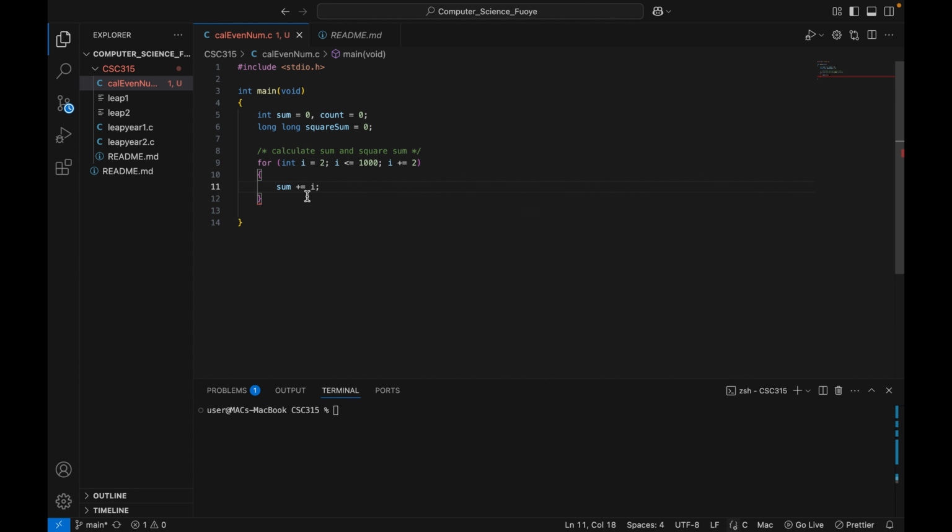At first, sum is 0, so we'll add whatever i is, which is 2 at first. So we'll add 2 to 0, it becomes 2. The second time, i would have become 4, and then we'll add 4 to that 2 again. You understand? So it keeps increasing till it gets to 1000. Okay? So that's what sum does, and sum is good to go. So this one is to add even numbers